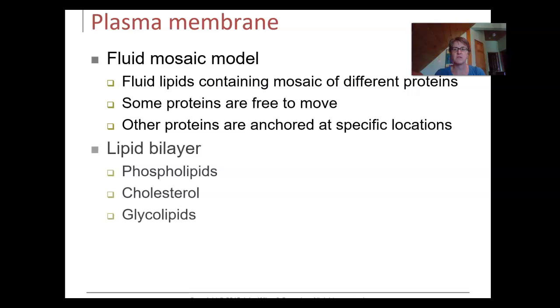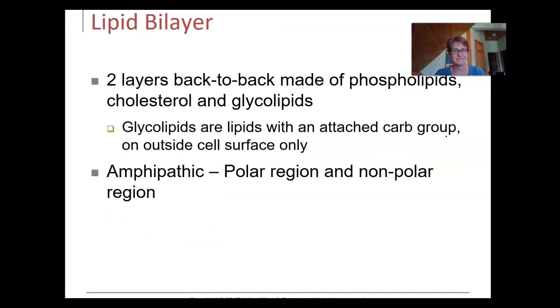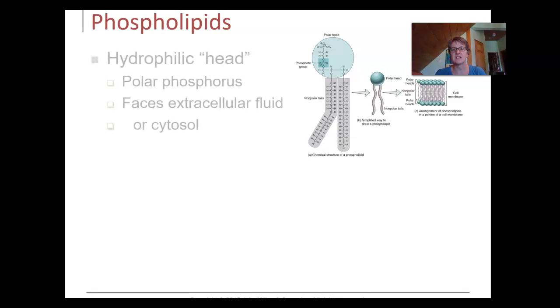Oh, here is my fluid mosaic model. Some things are free to move, and the main parts of the bilayer are my phospholipids, cholesterol, glycolipids, but then we also saw glycoproteins. And then these other proteins, integral, meaning they go all the way through, and peripheral, meaning they're on one side only. Okay, so let's look at this